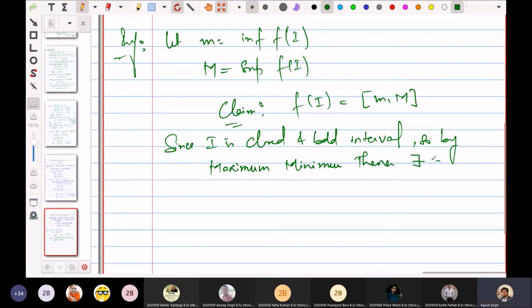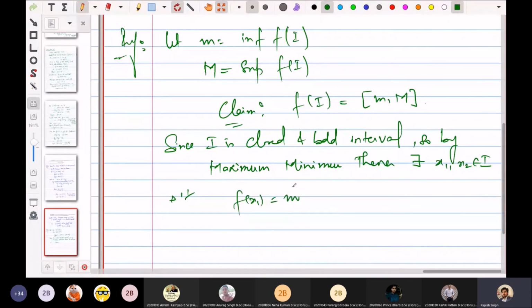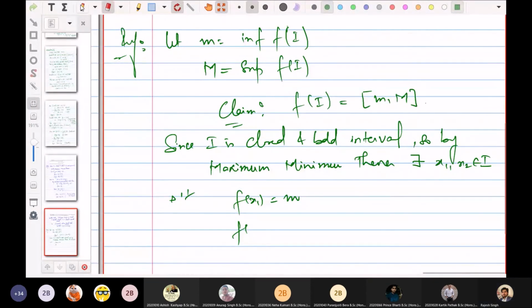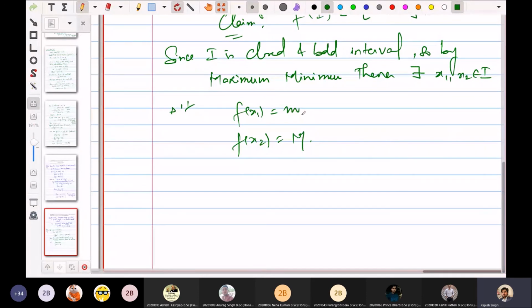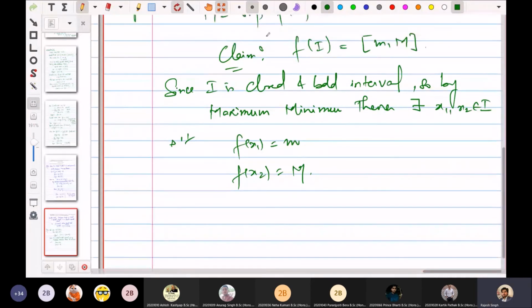there exists x1 x2 belonging to I such that f of x1 equal to m and f of x2 equal to कैपिटल M, राइट। तो दो पॉइंट्स मिल जाएंगे जहां पे ये अटेन हो रहे हैं बाय मैक्सिमम मिनिमम थ्योरम, ठीक है। अब हमें ये शो करना है f ऑफ I इज एन इंटरवल, ठीक है। सो f ऑफ I अगर कोई एलिमेंट इसके अंदर है तो वो इसके अंदर शो करना है, और कोई एलिमेंट इसके अंदर है तो वो इसके अंदर शो करना है हमें, ठीक है। तो उसके लिए क्या करोगे,